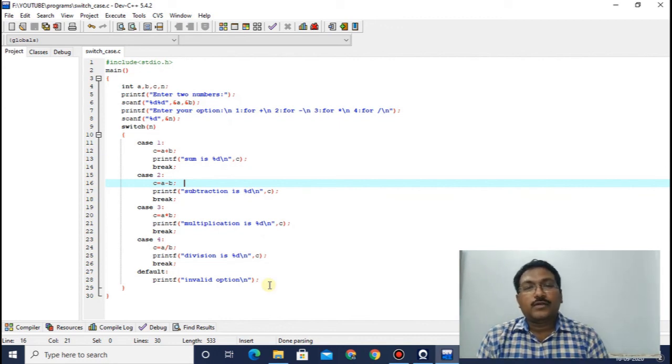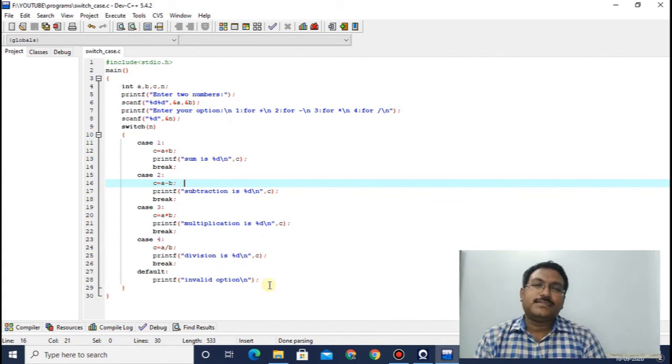Fine. So this same program can be written in if else, which I have shown you before. So try to write the same program in if else. In future I will give some new problems to write in switch case. So basically switch case is nothing but a replacement of if else. If you don't want to write if else, you can write the same thing in switch case. As I told you, in my personal point of view, switch case is easier to write than if else.